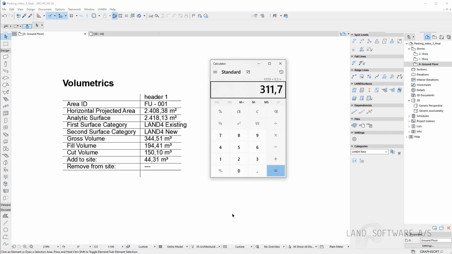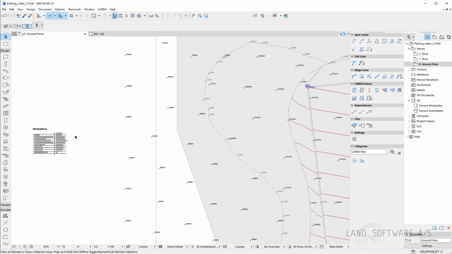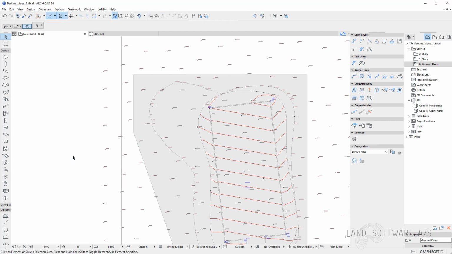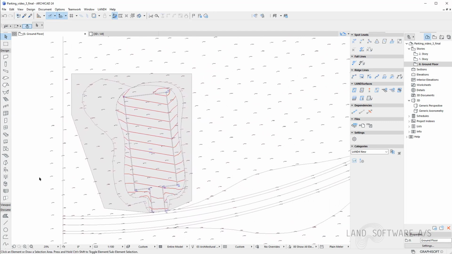But because we have done the math and we need to add to the side through building materials roughly 300 cubic meters, we did manage to balance it out quite nicely. But compared to the amount we need to still add to the side, this project could be a little bit improved. That means if we increase the fill volume more, then we will be actually improving the balance. But then, of course, that depends a lot on the project and the purpose of the project.